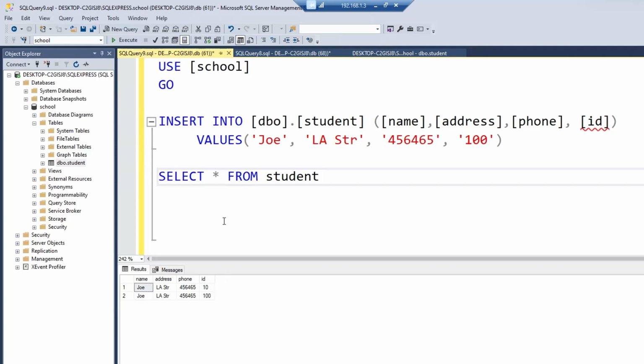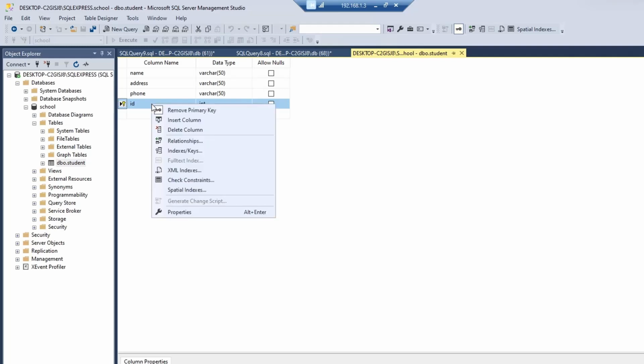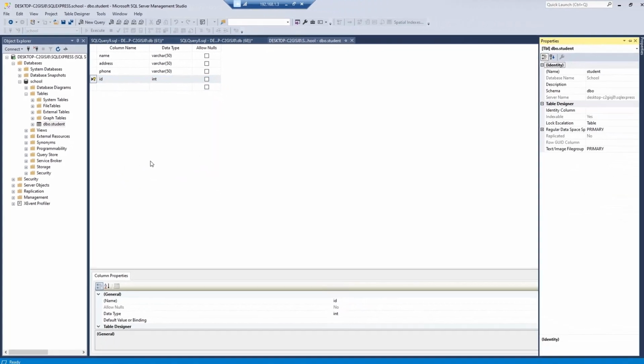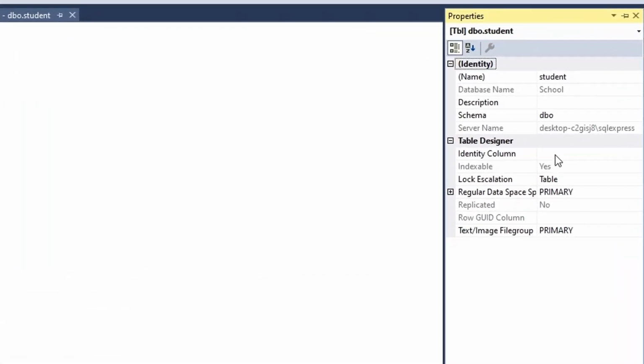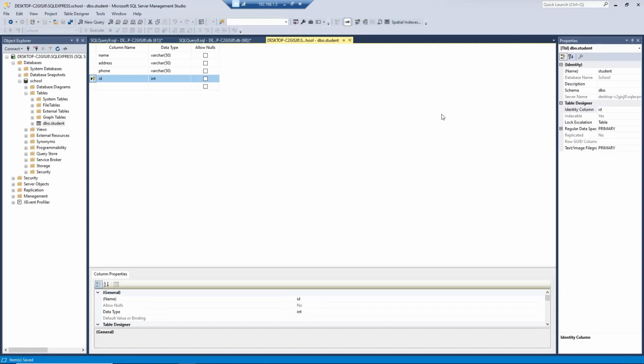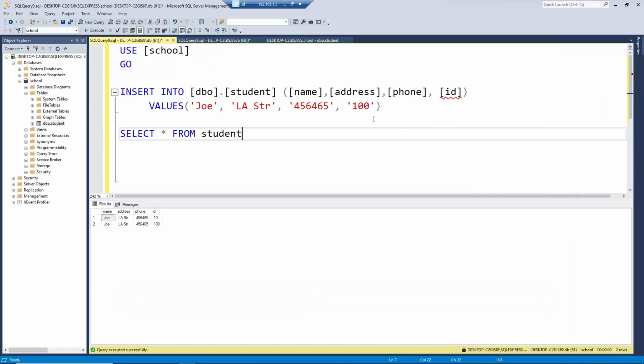There is one more thing that I like to do on the tables, and that is to create an auto increment for this table here. So I'm gonna right click, then properties, and right here on table design, identity column, I'm gonna put ID as identity column, and then I'm gonna save this table. Now I'm gonna go back to my query, and I'm gonna run this query again. So I'm gonna pass number